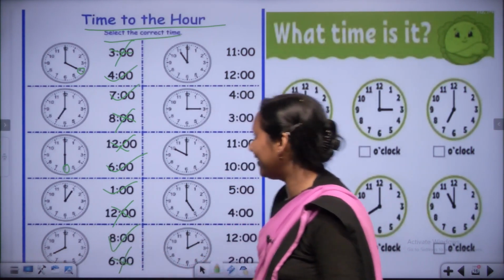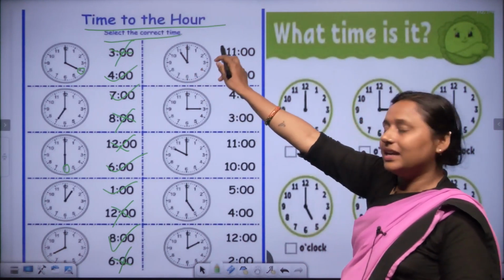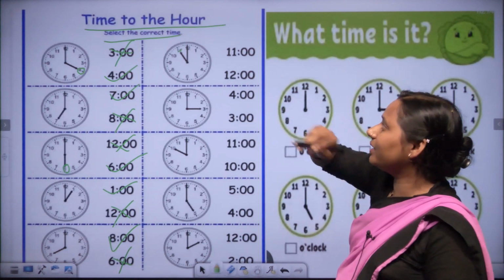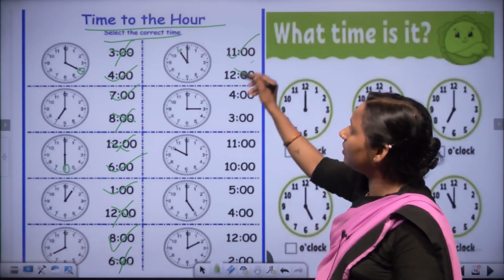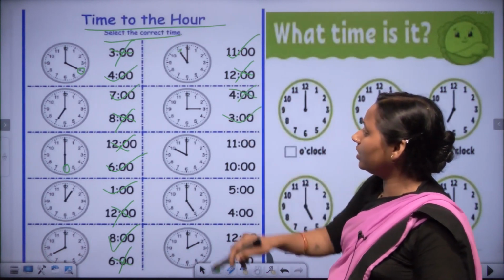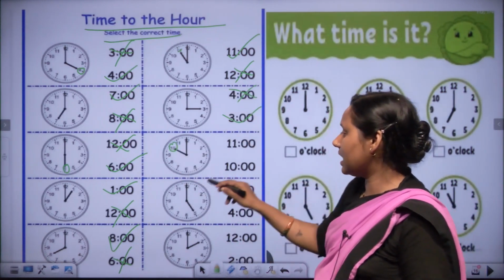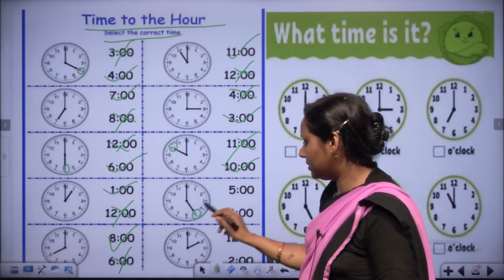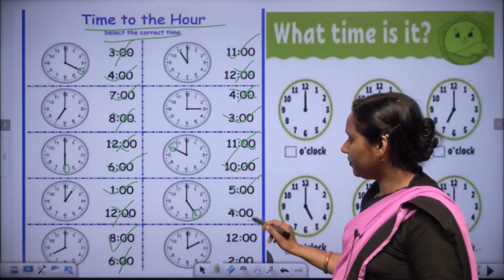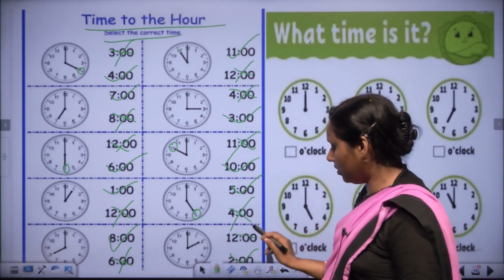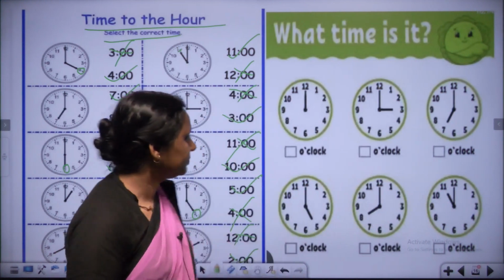Yes, 8 o'clock. Okay. Here 11 o'clock or 12 o'clock? Read shorthand is where? 11. So we read 11 o'clock. Okay. Here 3 o'clock, not 4 o'clock. Here our hand in 10 means 10 o'clock, not 11 o'clock. Here our hand in 5, so we read 5 o'clock, not 4 o'clock. Here 2, read 2 o'clock, not 12 o'clock. Okay? Now,